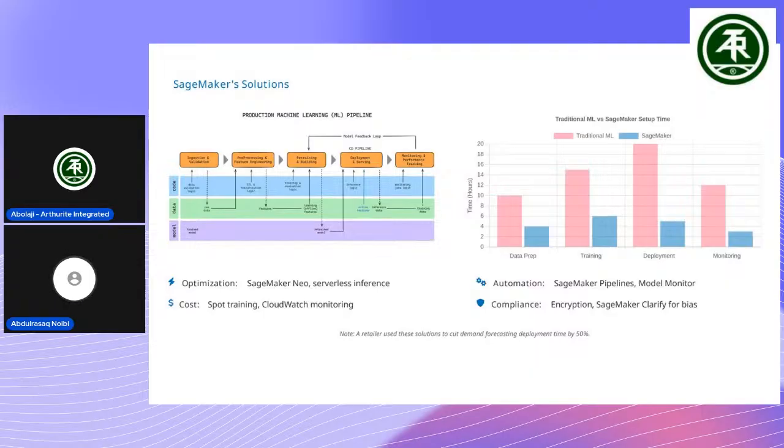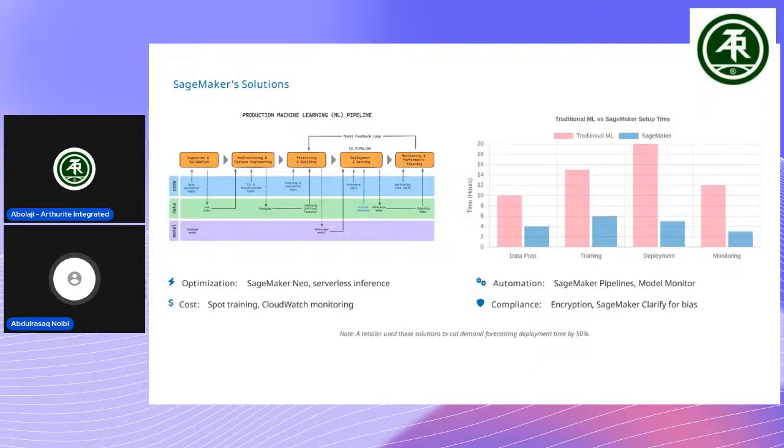Imagine you are managing this yourself. It's going to be crazy. So look at the time that it takes for you to deploy your model, and then compare it to when you do this by yourself. Look at the traditional method of deploying the model. It's like 4x of it, which is insane, right? And this also will ensure that the cost is reduced drastically.